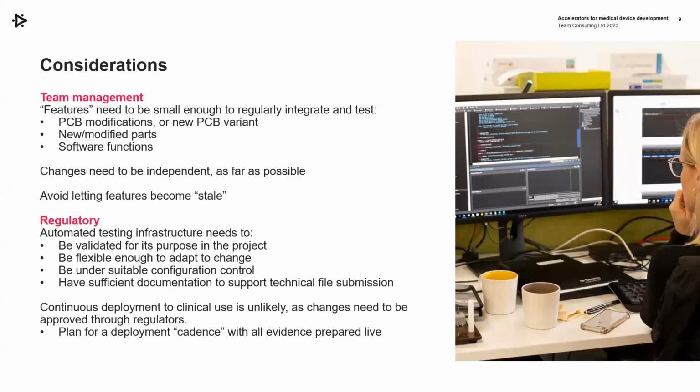If we have mechanical parts that are changing, we introduce a single new mechanical part as far as possible, or as few parts as we need to change to support this new integration. Software functions are sometimes the easiest to integrate because we add a new feature. The new software feature is just integrated and the rest of the hardware platform doesn't really change very much. As I've already said, these need to be independent changes. I can't be changing 3 functions and features all at once,